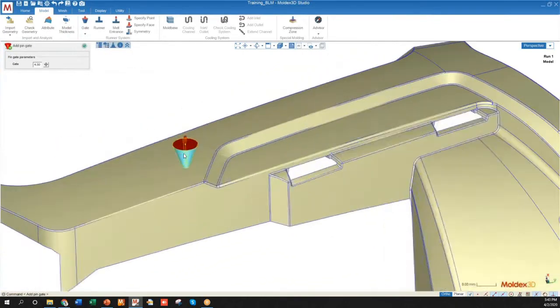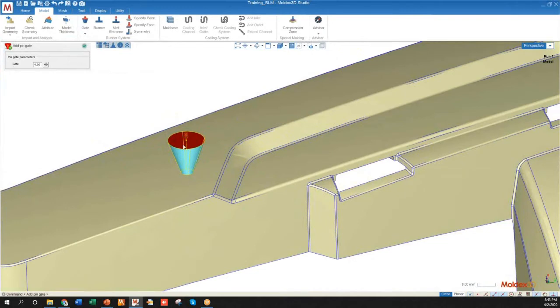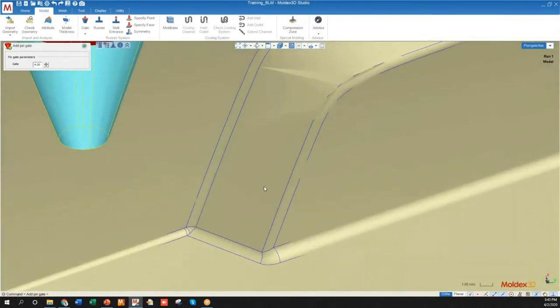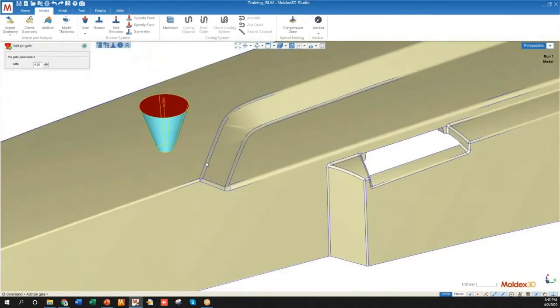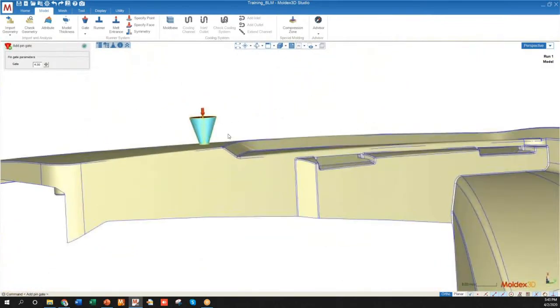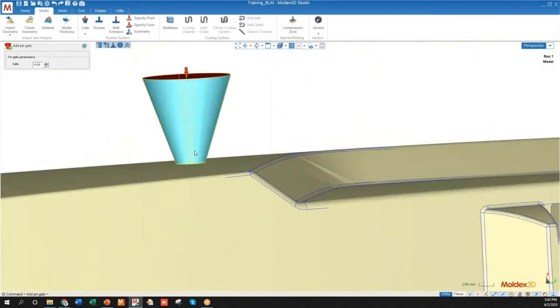And the gate will be created orthogonal to the surface that I select. This could be a curved surface, it could be a flat surface, it could even be a fillet if you want. Not recommended, but it could be any surface on your part. This gate will be created orthogonal, or normal if it's a curved surface, to that